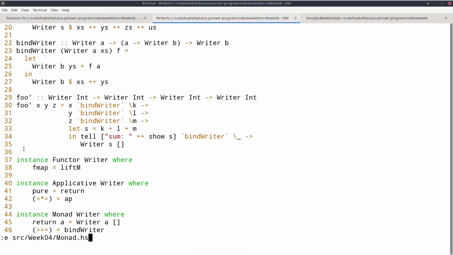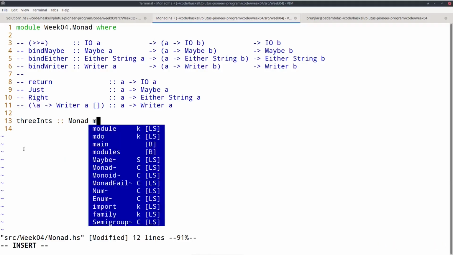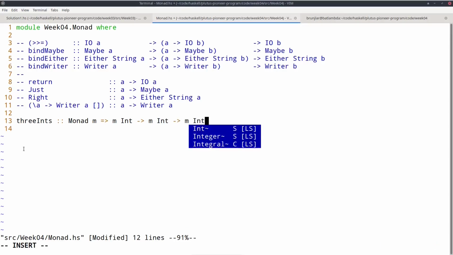In the Maybe, the Either and the Writer cases, I had this thing where I took three computations that represent integers and then returned the sum of them. I can now, let's call it three ints, do that for all monads, once and for all. So I get an mint, another mint and a third mint, and turn it into an mint.